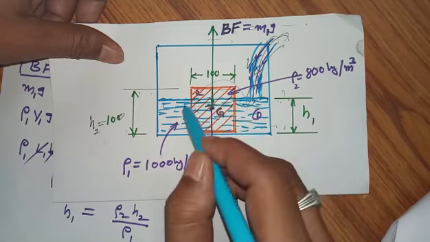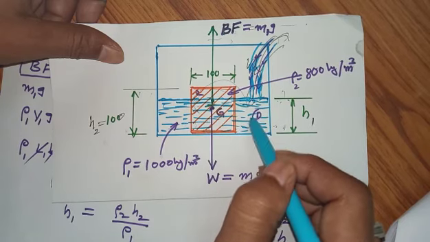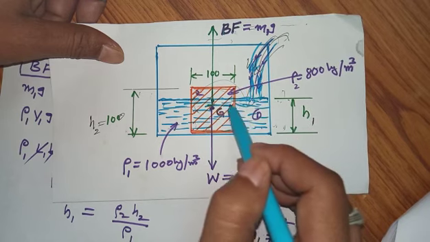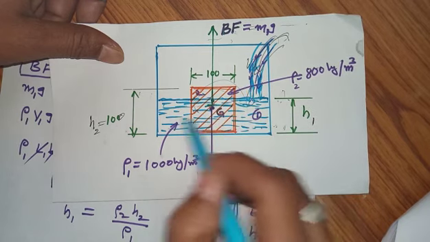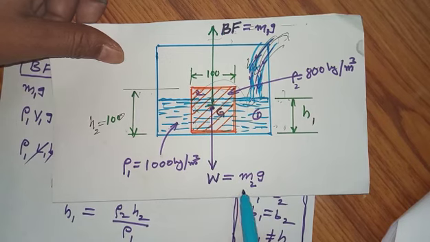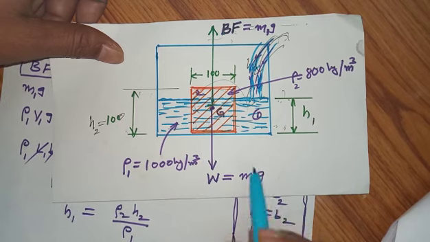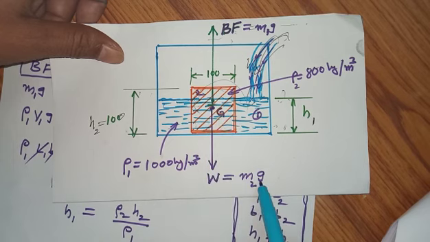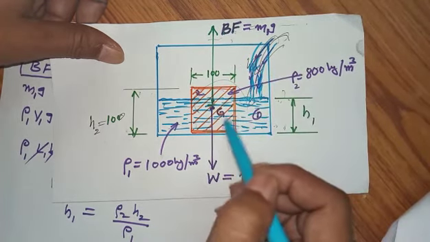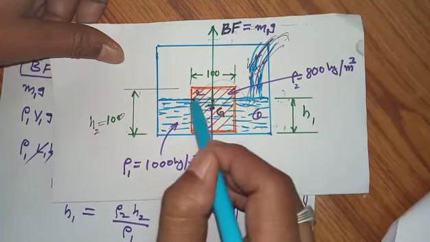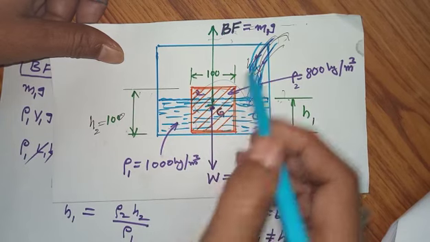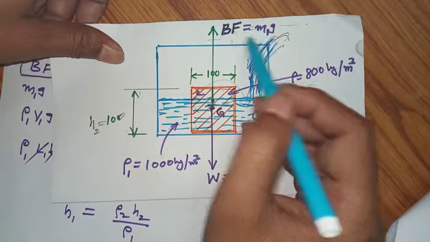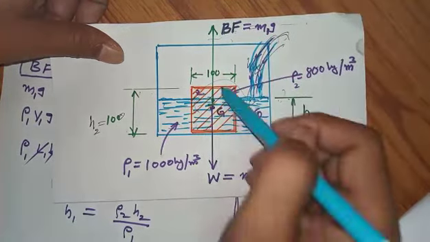Assume the liquid is element 1 and the solid is element 2. You can take the parameters. So this is the weight W acting downward at G. W is equal to M2 into G, the mass of the solid body multiplied with G gives the weight. Buoyancy force: liquid replaced. This means this is liquid. Liquid replaced mass into gravitational acceleration, that is buoyancy force. By equating these two, we can solve it.